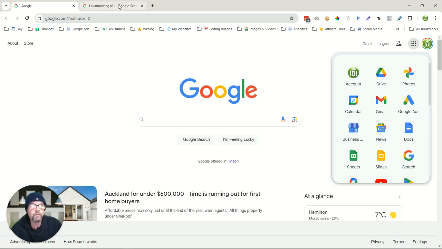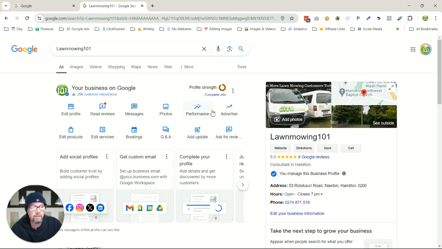Now, I've got a separate screen open here because if I press that button, it'll bring up dozens of Google My Business accounts and you won't see the screen. You see the screen if you just manage one business. If you manage more than one, then you'll see a screen that lists all the businesses and you click the one you want. So this is the business here,